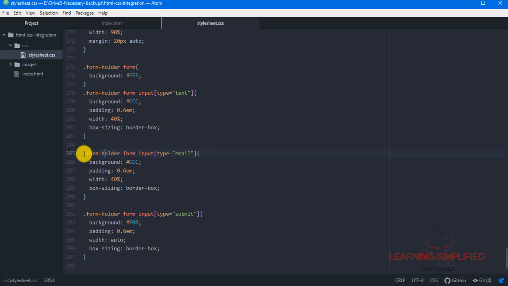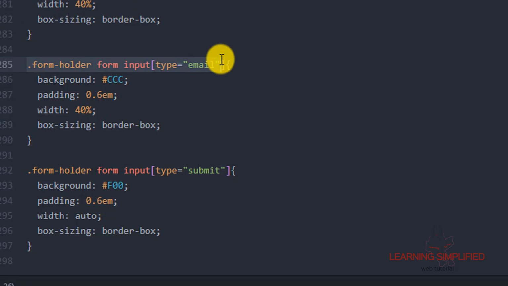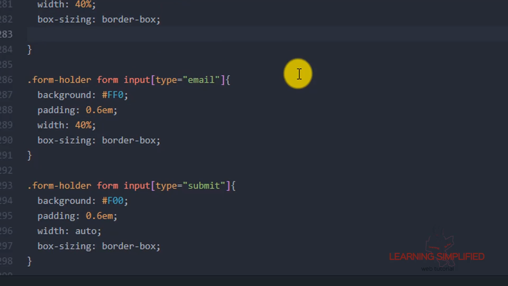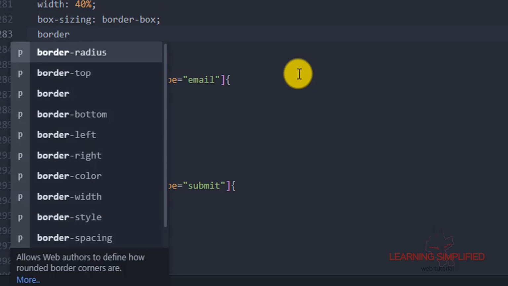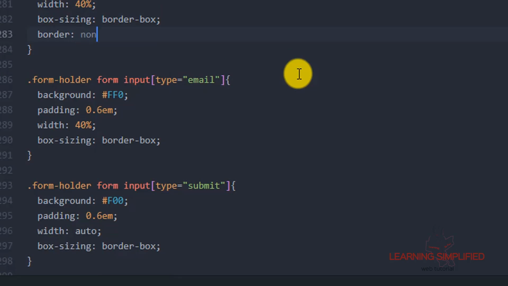But the very first thing we can see in this respect is that we can safely put a different color property on this one. So in case of an input type email, we are providing a different background color of yellow than these input type text elements, and we are now discarding all those borders.